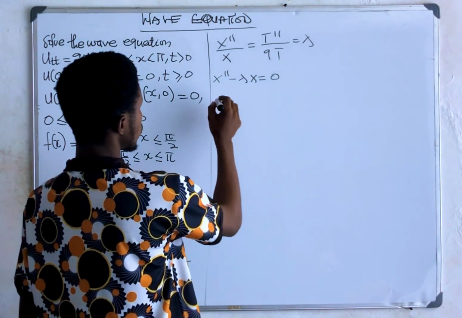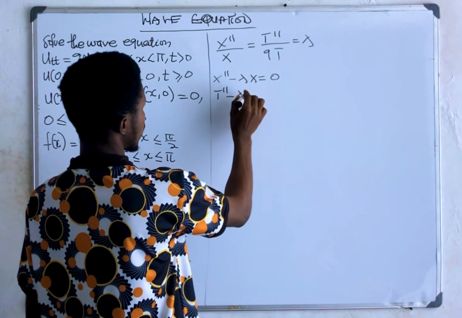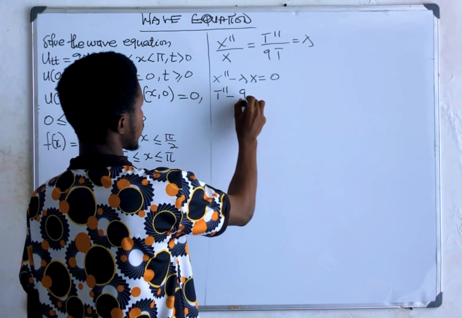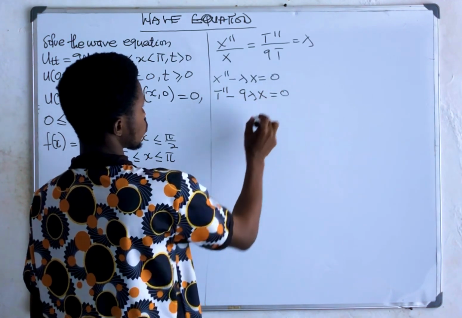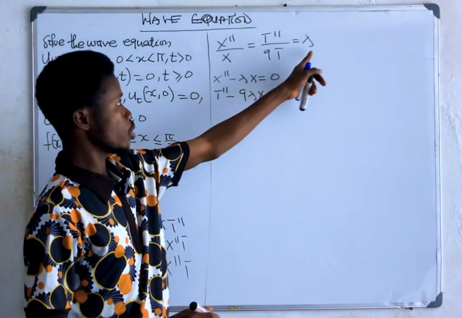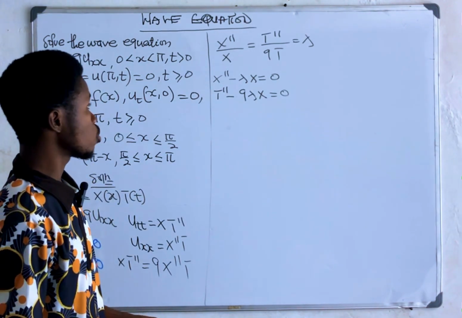Then this one too is going to give you T double prime minus 9 lambda T, also equal to 0. You take this one alone, equate it, and this one alone, equate it, you get these two. After getting these two,